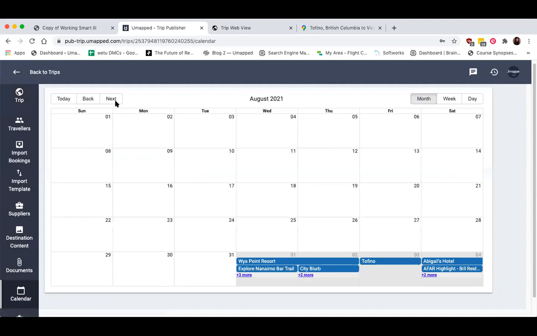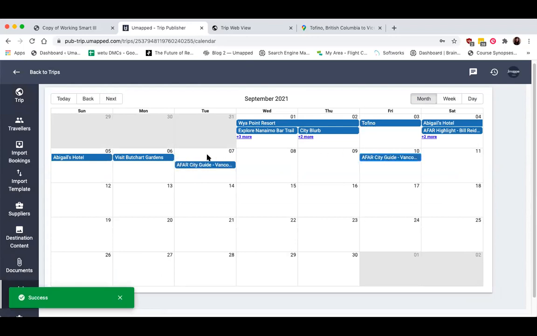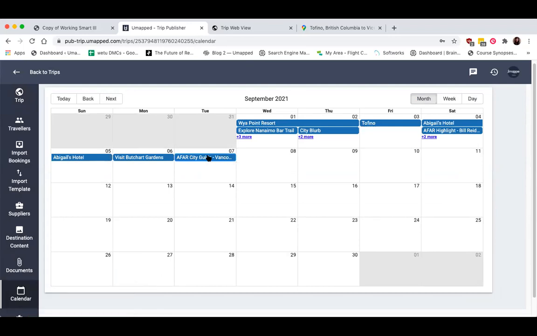Of course, because it's so easy to move things around in the calendar, I could just drag and drop this wherever I want. I do usually caution people to just be a little careful when they're doing this, just to make sure you don't accidentally drag and drop this onto a day that you don't want it on. And maybe always come back and double check in your trip exactly what you just moved, so you know that, okay, it was perfect, successfully moved, it's where I want it to be, I didn't accidentally do anything.